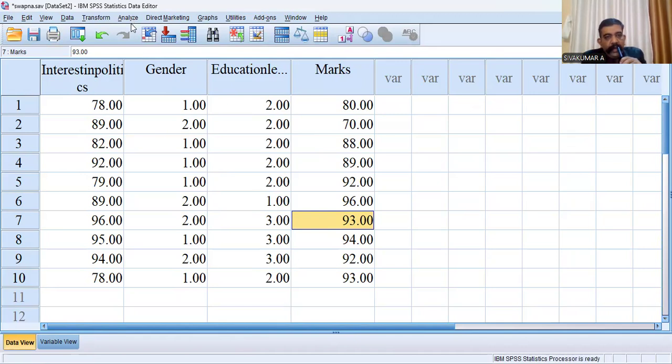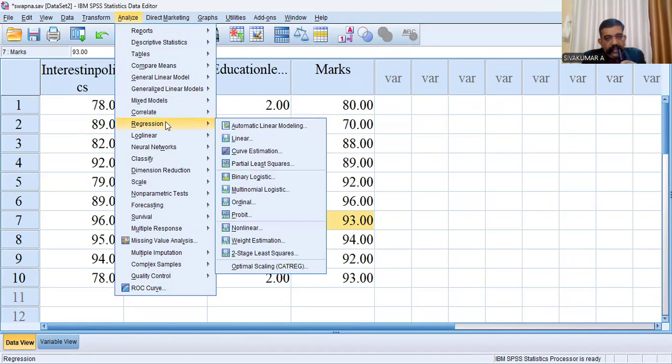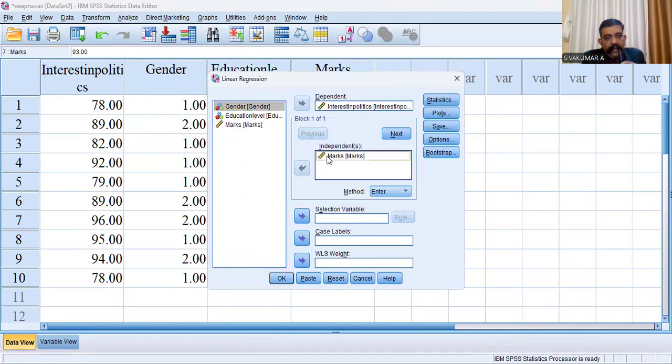Please take Analyze and Regression. Okay, regression. Then Linear. Then please move the variables. Marks is the dependent, Indo-Austrian politics is the independent. Then Statistics.